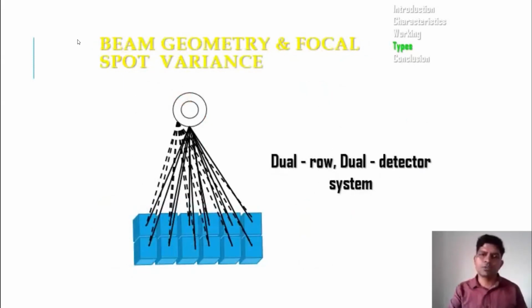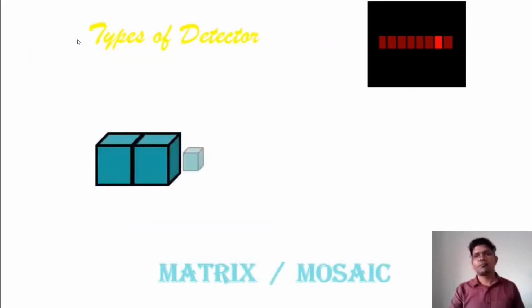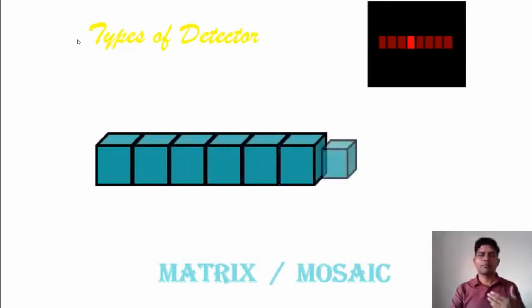So that told you how the dual row and dual detector system works. You can see here dual row, here dual detector system. Previously with the single detector array, there will be dual source of that. So here a dual source and dual detector system is introduced. Later a matrix type of